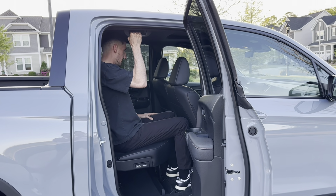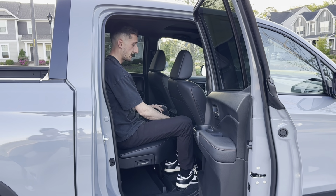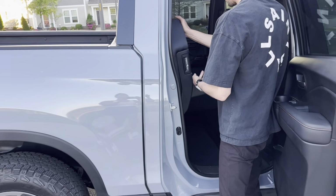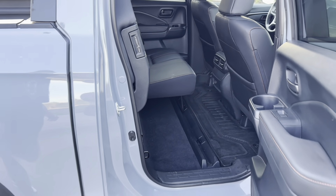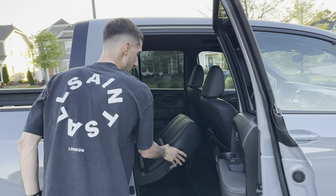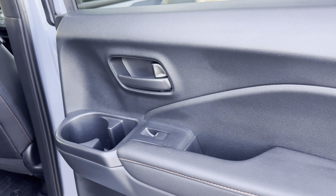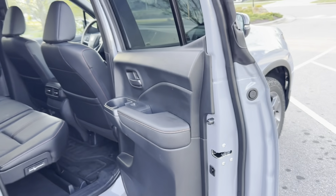We have our handles and we have a couple of vents back here with some chargers. There's storage behind the passenger and driver's seat. And another cool feature on these seats back here is that it has the handles that you can pull up on to have extra storage space. So it'll do that on both sides. And if you want to put it back down, you just pull on this lever and it'll come right back down for you. On the doors, you're going to have your cup holders, storage, leather arm pad with the orange stitching. Now taking a look up front,